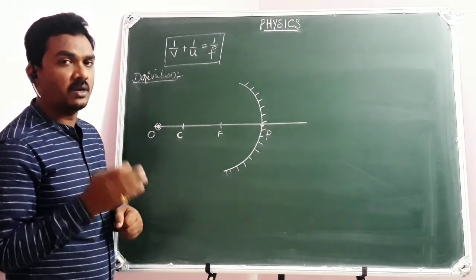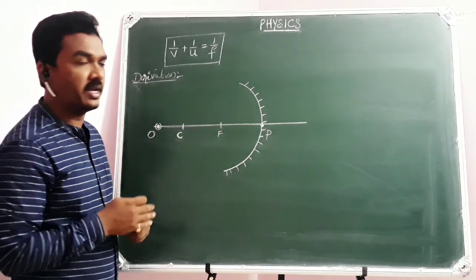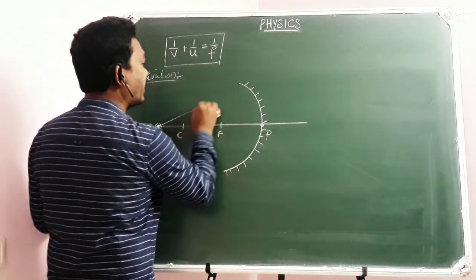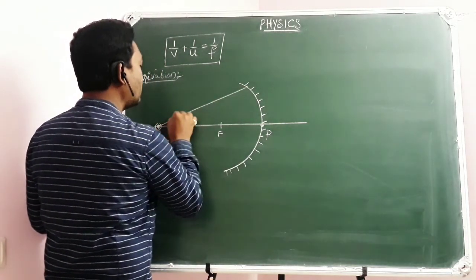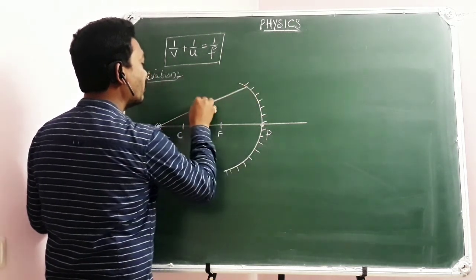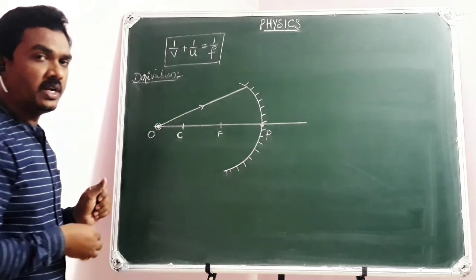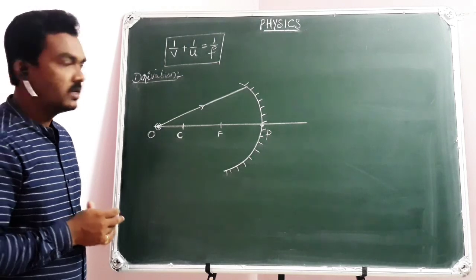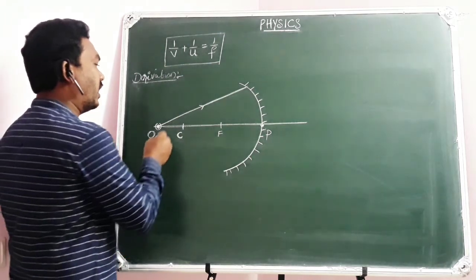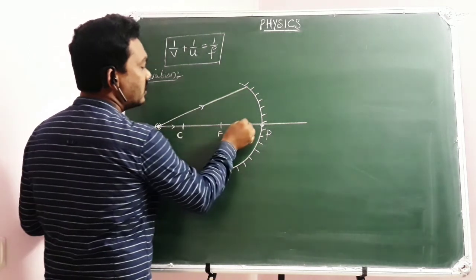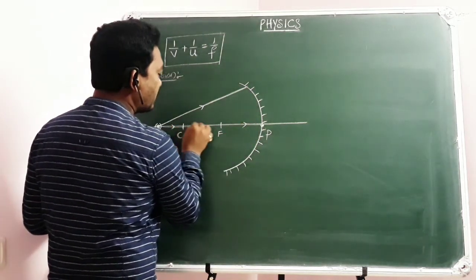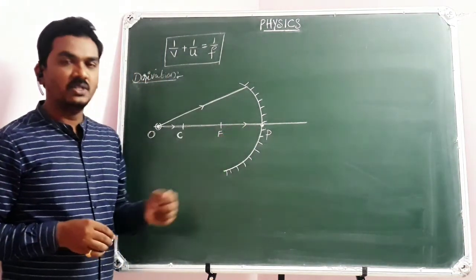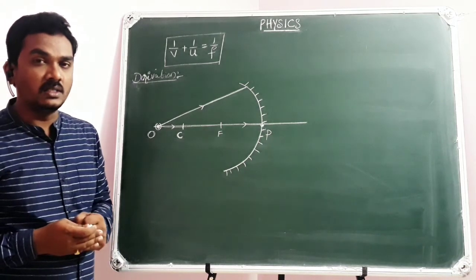So let me take a simple ray diagram. Look at this. Here there is an incident light ray. You know very well, to locate the image in the case of a ray diagram, we need at least two light rays. This is one incident light ray, and the other incident light ray is the light that is passing through the principal axis. Of course, as the light ray passes through the principal axis, it goes for normal incidence.